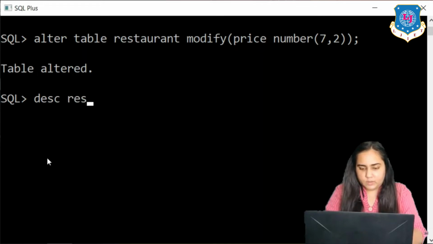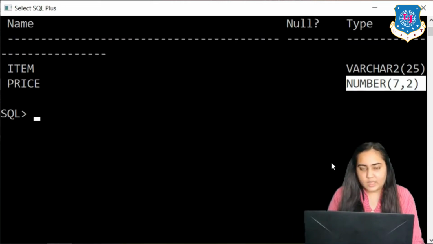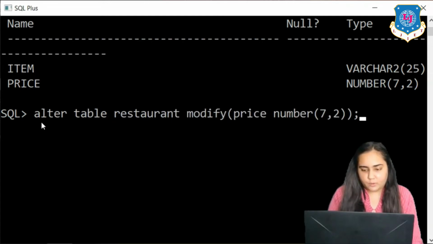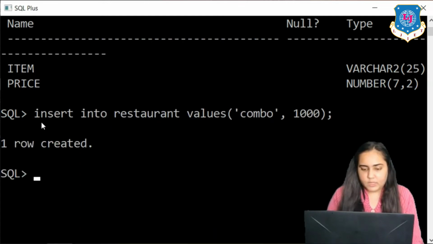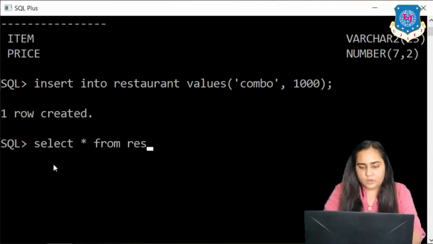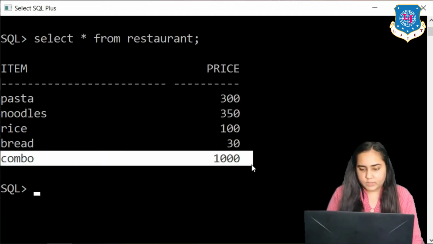Let us take a look at the schema of the table now. You can see here that the number is 7, 2, so the size has actually changed. Now if I try to insert the same values I inserted earlier, let me get that query by pressing the up arrow key. I'm trying to insert the same thing, and this time it works. We can also check whether it actually got inserted by typing select star from restaurant, and you can see right here it is inserted. So this is how the alter table query works in